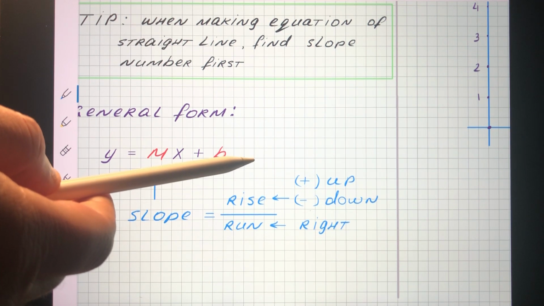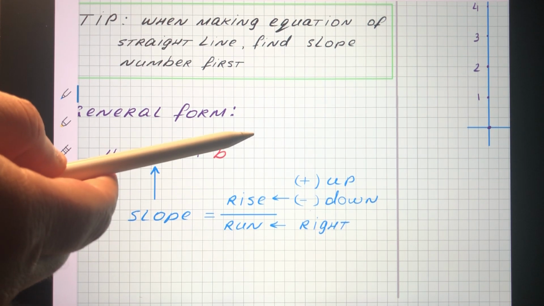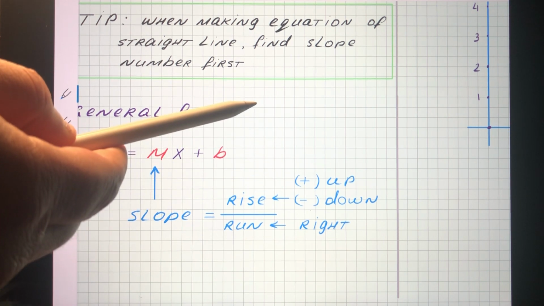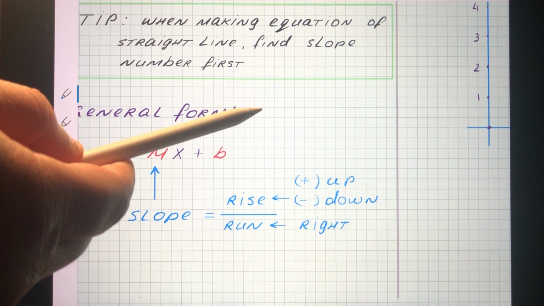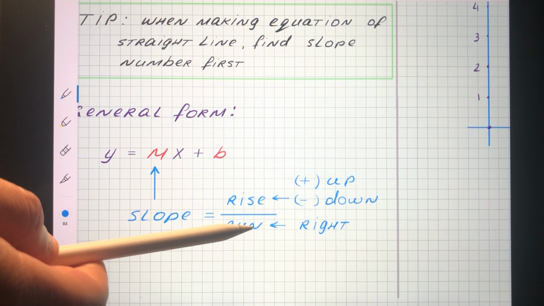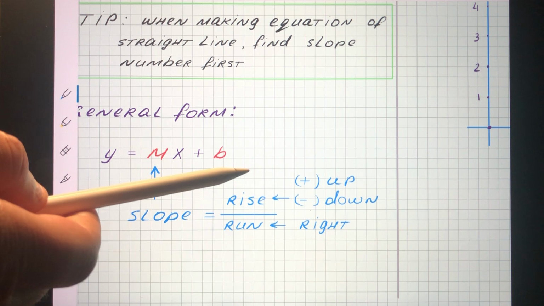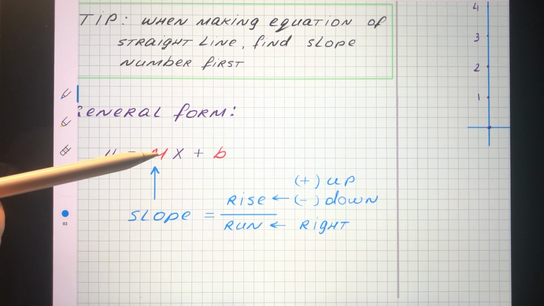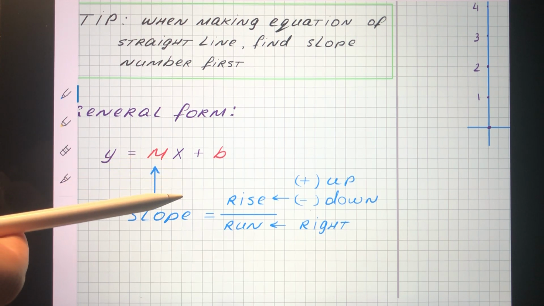If to get from the first point to the second point we have to count up, then the rise is positive. If to go from the first point to the second point we're counting down, then the rise is negative. The run number is always to the right. So let's use this information to get the slope number by counting how to get from the first point to the